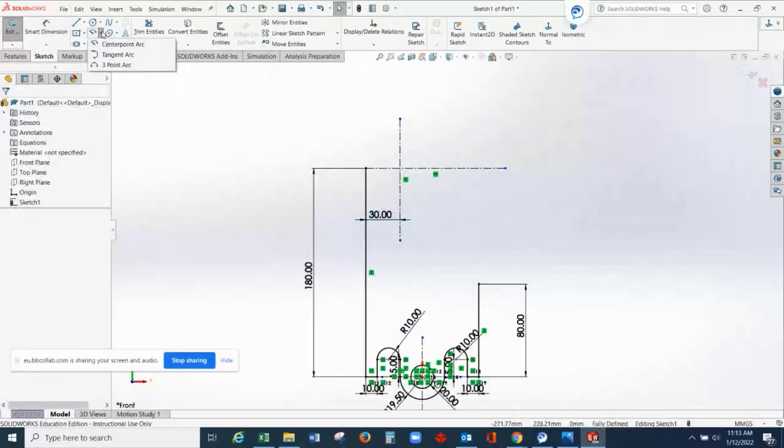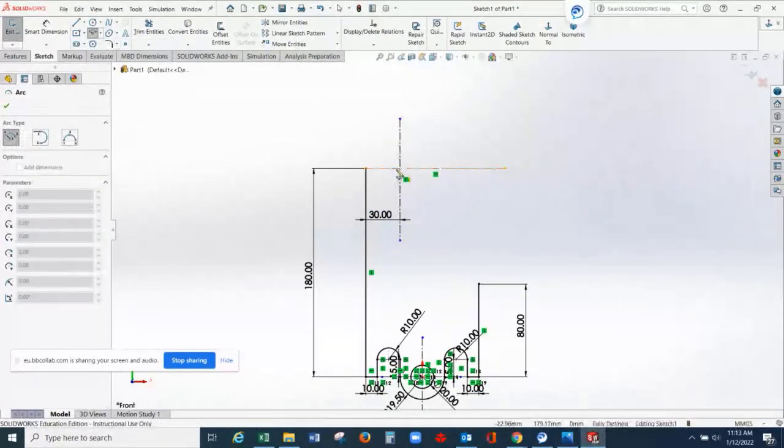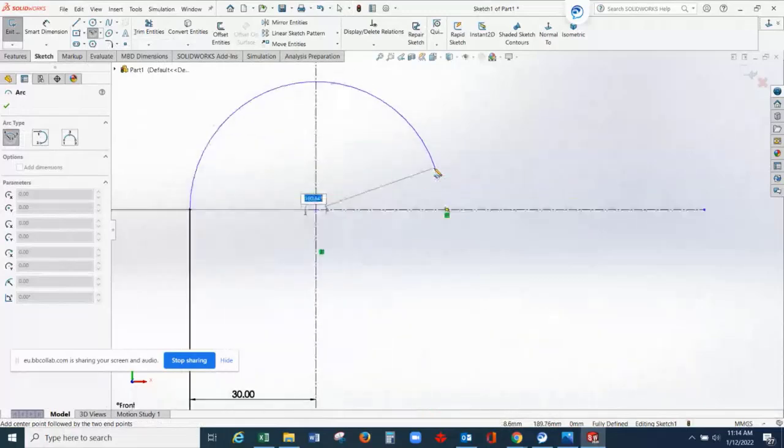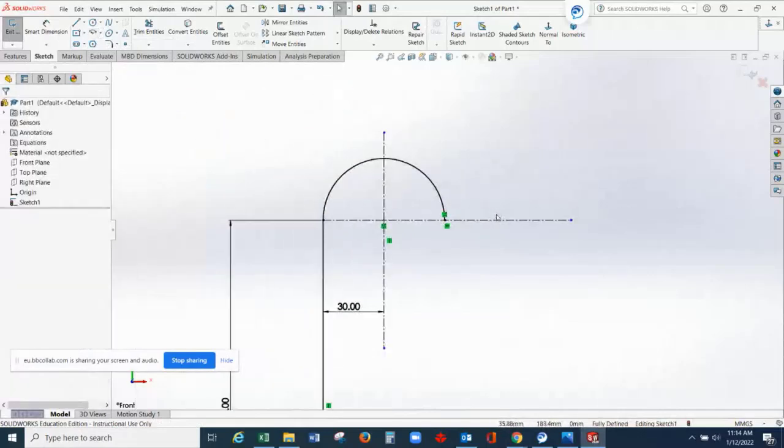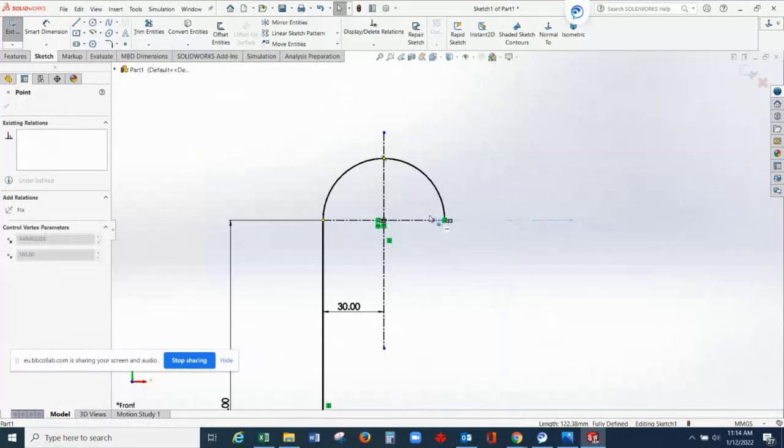Now from here you can draw one arc. Let's say center point arc. Okay, center point arc, you will start at the center, starting point, ending point. Okay, so this is the arc. So you can reduce this line by dragging it inside. We need only this center line as reference